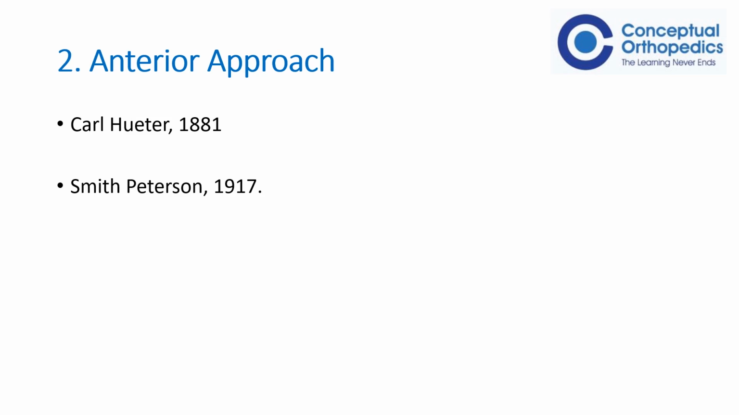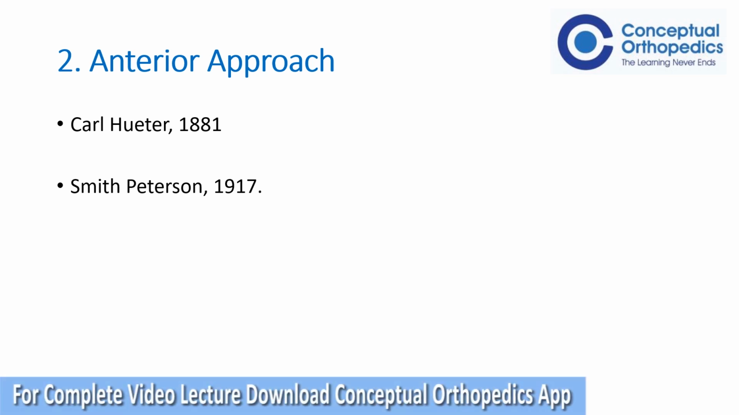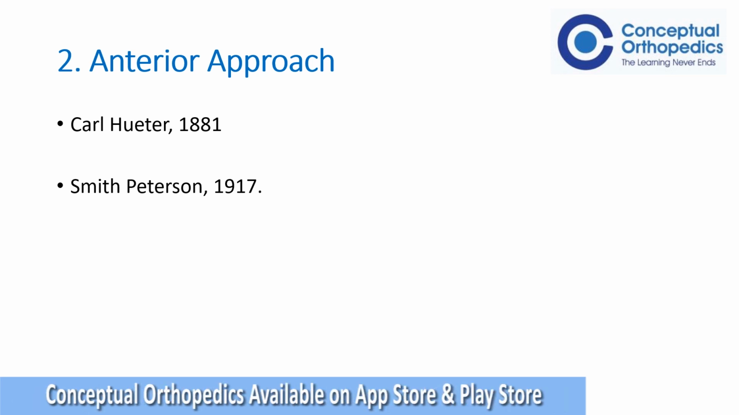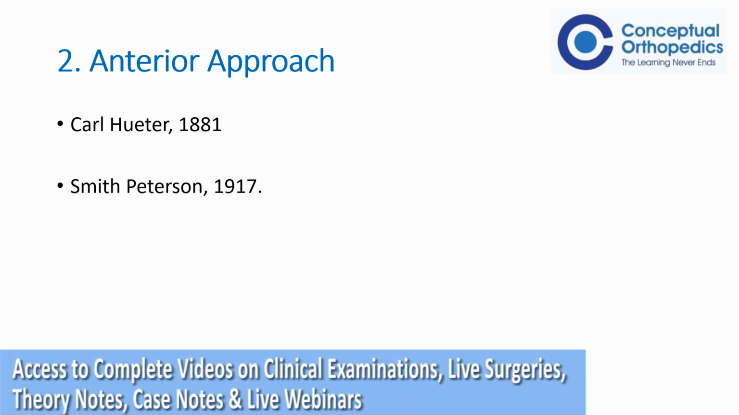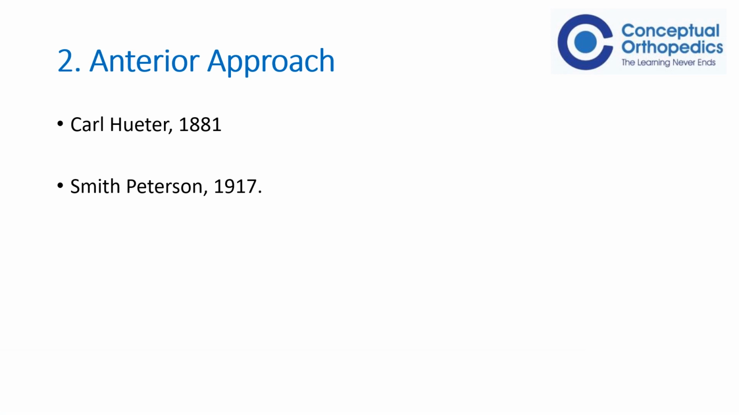Coming to the anterior approaches, Carl Hueter, way back in 1881, was the first to describe the anterior approach to the hip joint. But the problem was this particular publication was in German, and hence most of the world, which followed the English language, could not access and understand this approach. Smith-Petersen in 1917 described a similar anterior approach which was published in English, and hence it is more widely